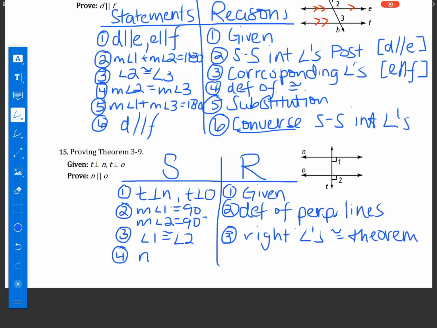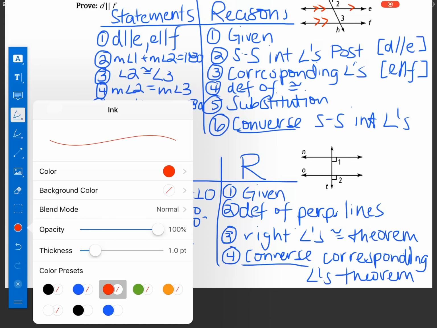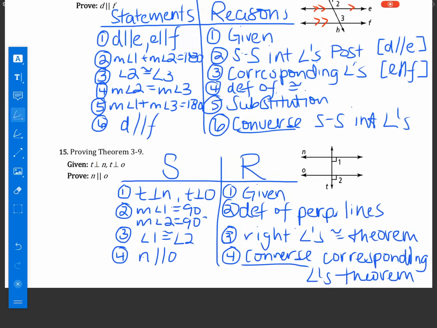My very last thing, I'm going to say that N is parallel to O. The reason why we can say that is the converse of the corresponding angles theorem. Okay, remember converse is used to help prove that 2 lines are parallel. Now if we're looking at the entire document, overall what you guys have focused on today